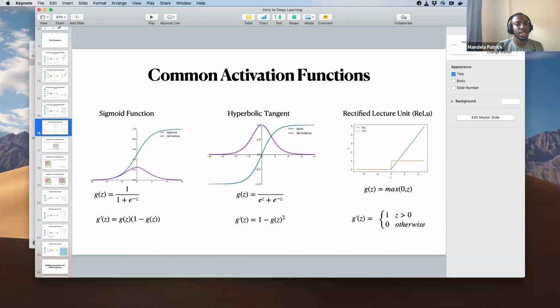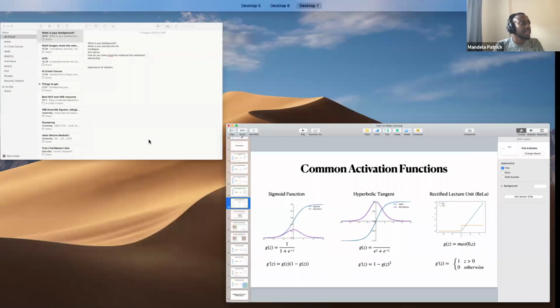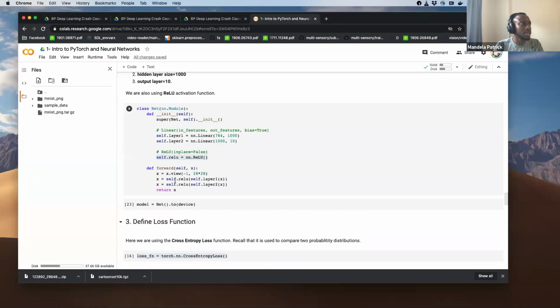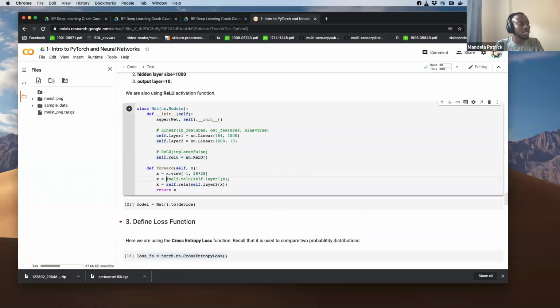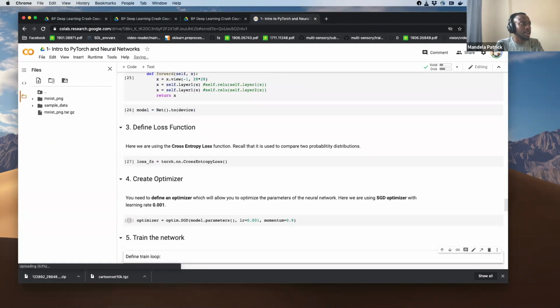So when you look at the neural network, we could quickly show this to give you a sense of the importance of that. Here I'm taking out the ReLU nonlinear activation function, and I'm going to retrain the network and see what the accuracy is.